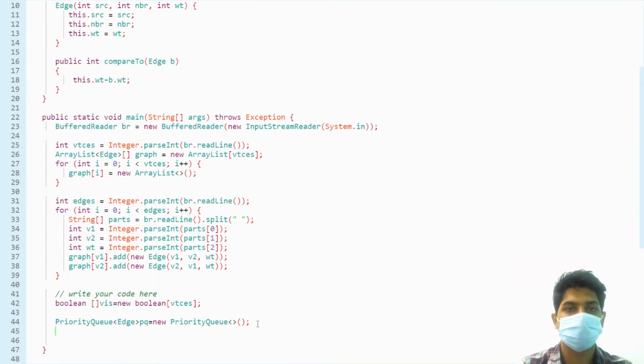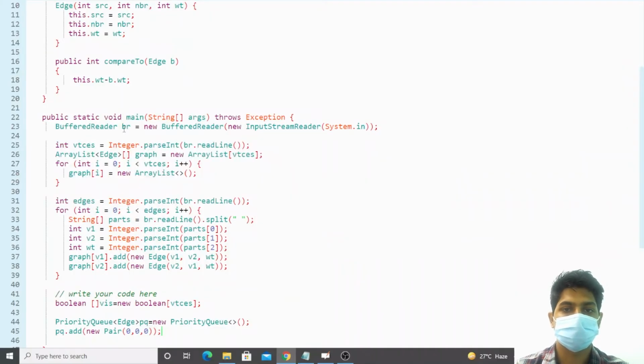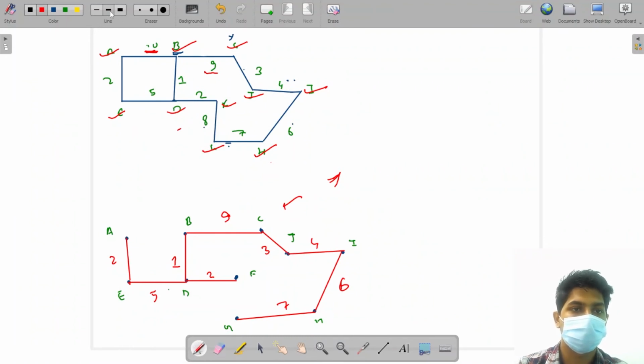First we need to add the source node. We can start from any node, but for now let's start from the 0th node. So let's add: priority queue dot add new pair of source node, neighbor node, and weight. Why am I writing 0 0 0? Let me tell you. Earlier I was adding a neighbor from A to C with a weight of 2, and that is what I was storing in the priority queue.